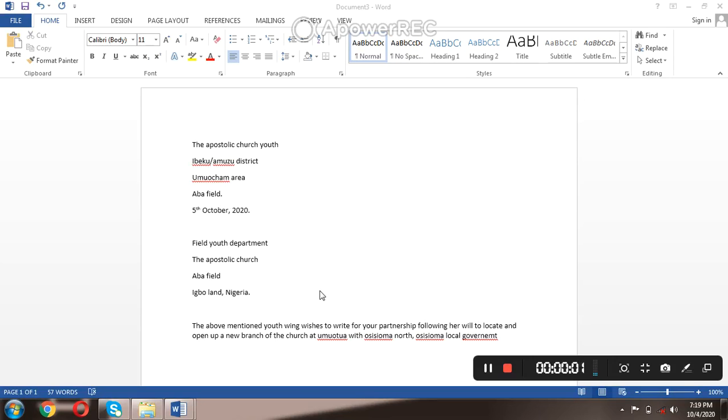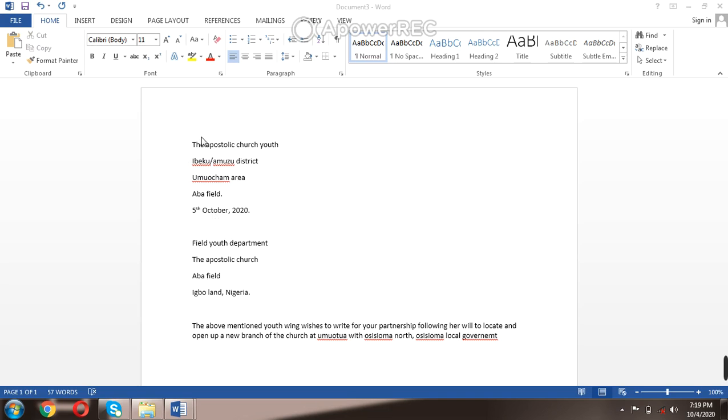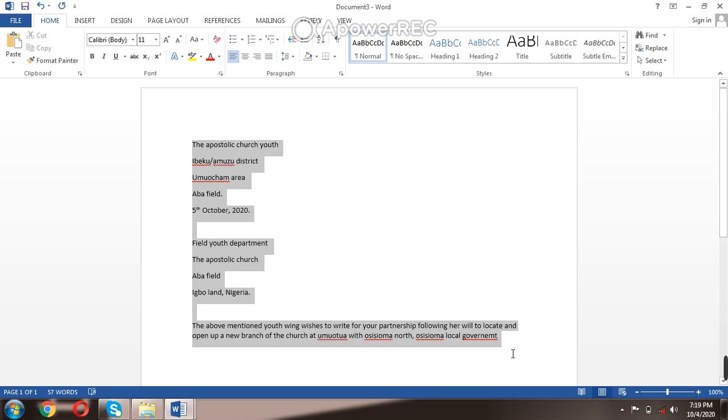Removing auto line spacing. When you look at this, it's scattered, not ordered. So the line spacing is more than enough, or more than you can ever imagine. So the first thing is you highlight all. When you highlight all,